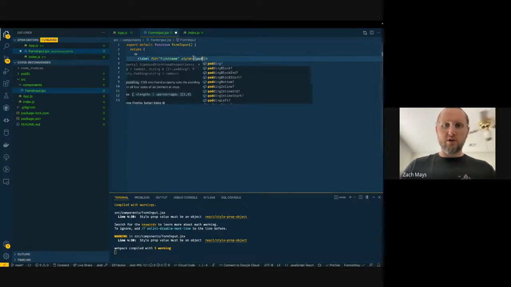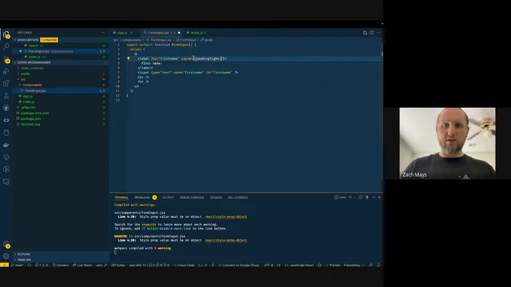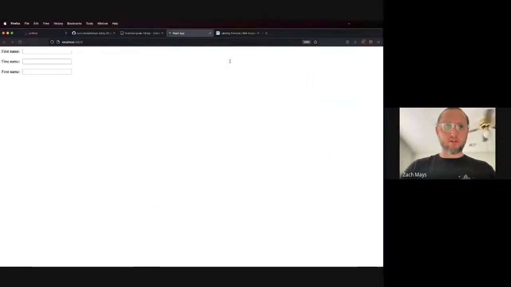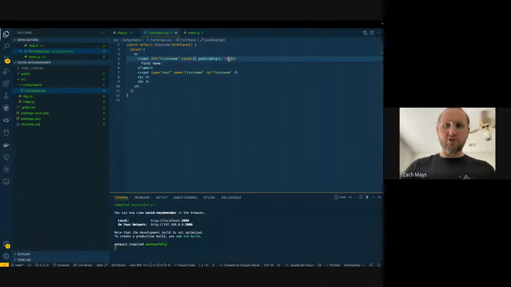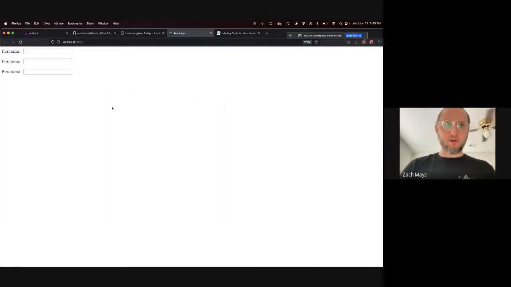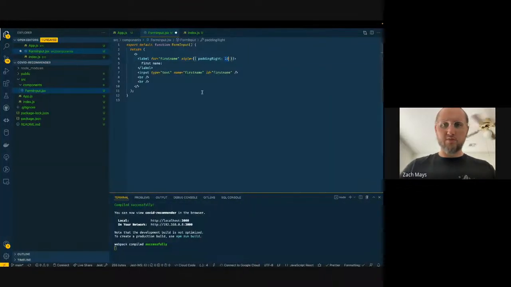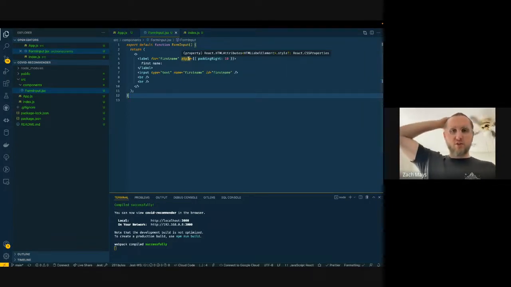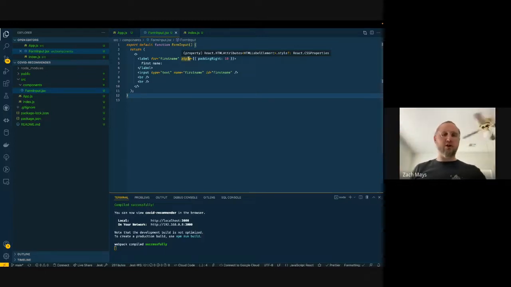Padding right 10. Actually, let's do 10 as a number and see what that does. Yeah, 10 as a number is interpreted as pixels. I could also do 10 pixels, and it would interpret it properly, but I'm just going to do padding right 10. This is the concept of what we call CSS in JavaScript, CSS in JS. You get different opinions on how you're supposed to do CSS